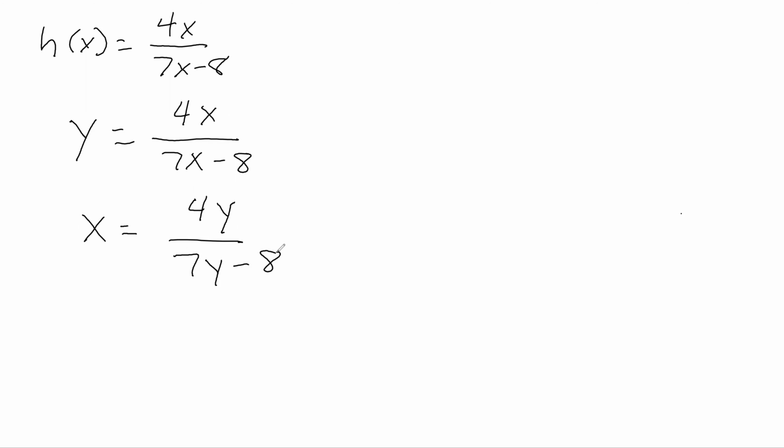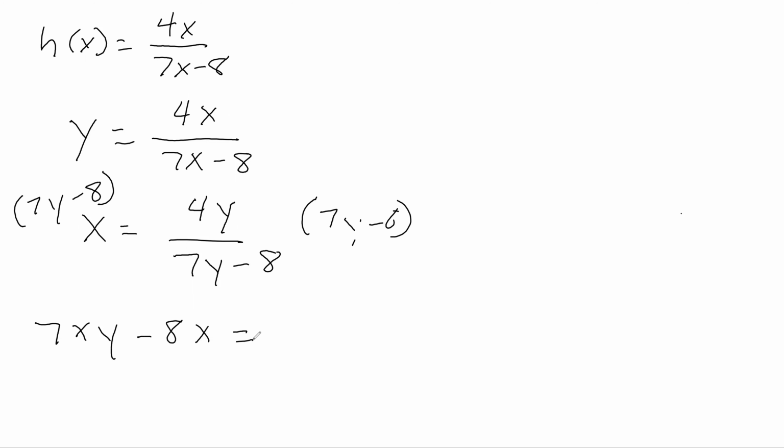Now I have to solve that for y. In order to solve that for y, the first thing I need to do is get rid of the fraction. So I'm going to multiply both sides by the 7y minus 8. And over on the left-hand side, I'm going to use my distributive property. So I'm going to have 7xy minus 8x equals, on the right-hand side, I can cancel, so I just get